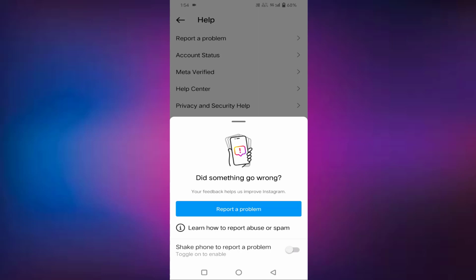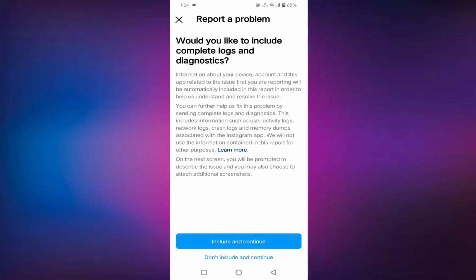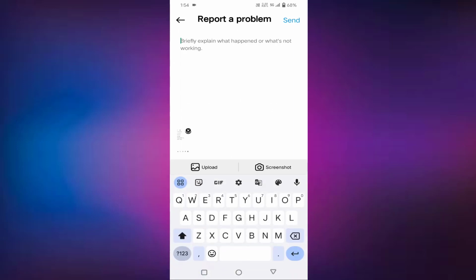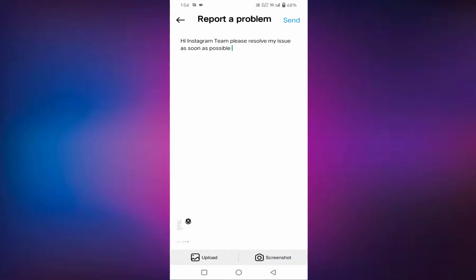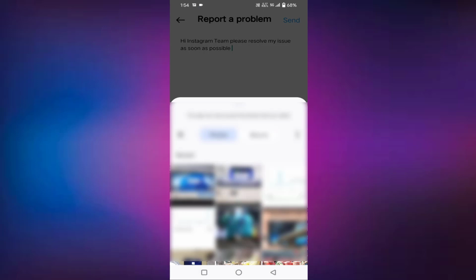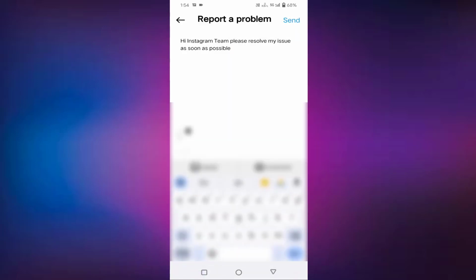If this option is enabled, you just need to disable it, then tap on report a problem, then tap on include and continue. After that, here you need to type, "Hi Instagram team, please resolve my issue as soon as possible." Then you have to attach this screenshot. You can see the upload button, just tap on upload, then allow that screenshot error,